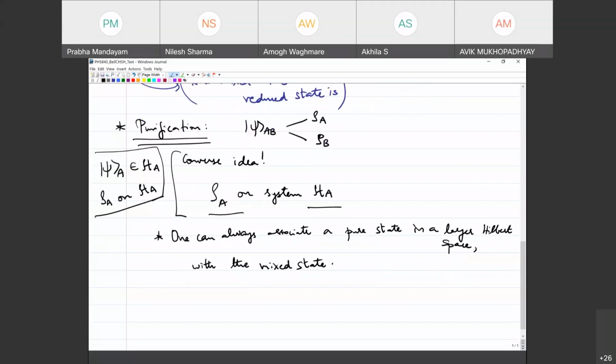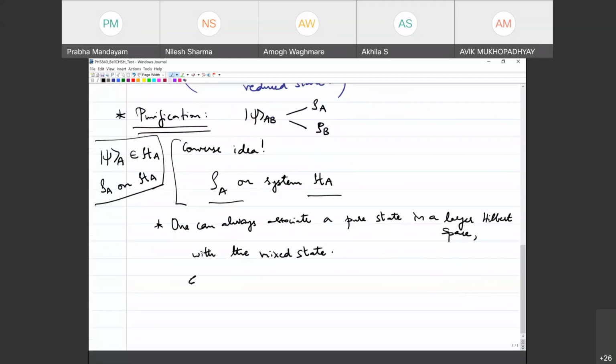So every rho A on HA can be associated with a pure state on a larger space